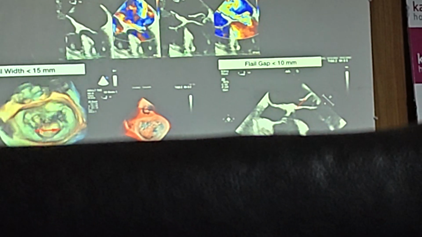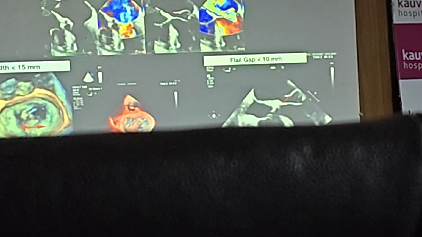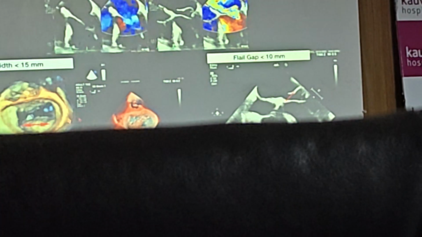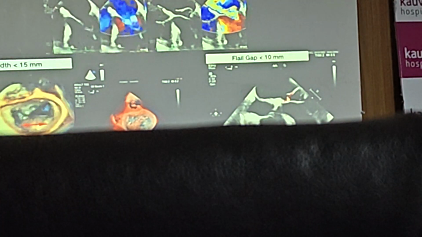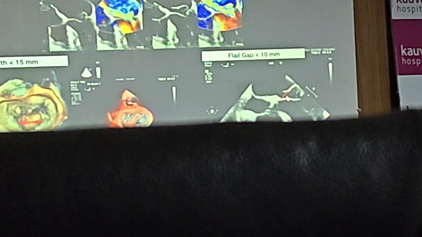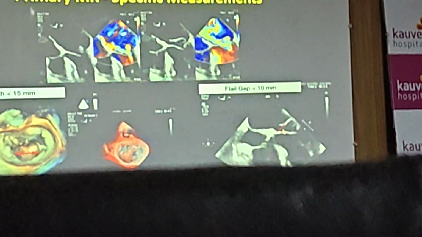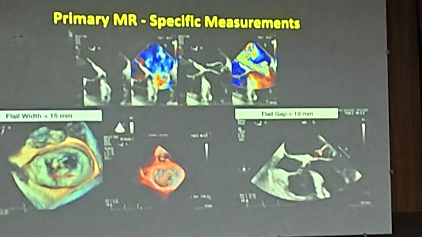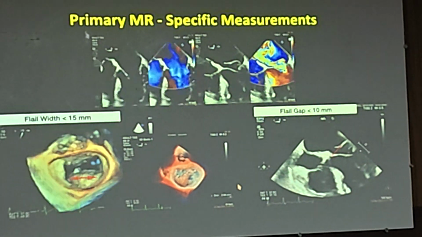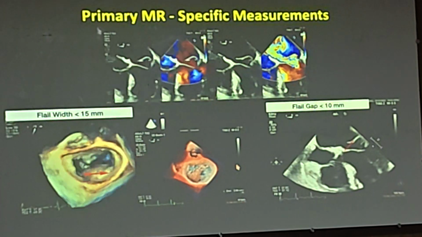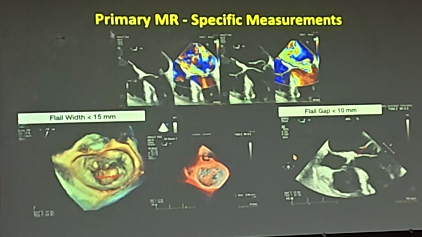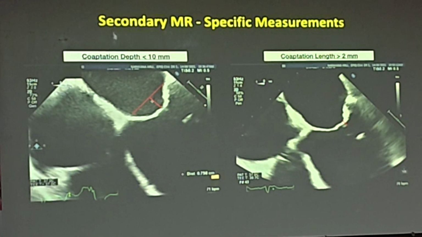So the more the width, that means more tissue is abnormal, and more clips, more suboptimal, more challenges in terms of catching the leaflet. And the more the gap, the more difficulty in catching both the leaflets. Ideally, if it is less than 10, the capture is more acceptable. Anything more than that is going to be quite difficult. So have these numbers, and when you are doing the puncture and getting into the swift part of it, be aware of these challenges, and you'll be able to deal with this better.